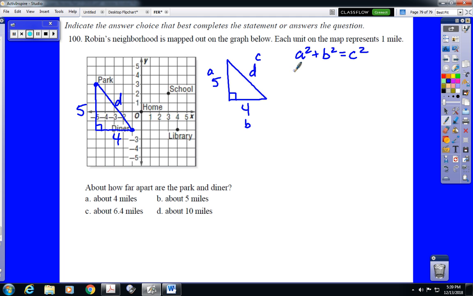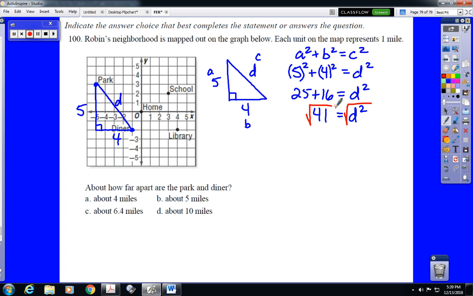So we're going to do 5 squared plus 4 squared equals d squared. Okay, now, always put these numbers in parentheses. That will keep you from messing up. So that's 25 plus 16 equals d squared, which means 41 equals d squared. Then we don't want d squared, we want d, so we take the square root. So d is the square root of 41, and we use our calculator to change that into a decimal